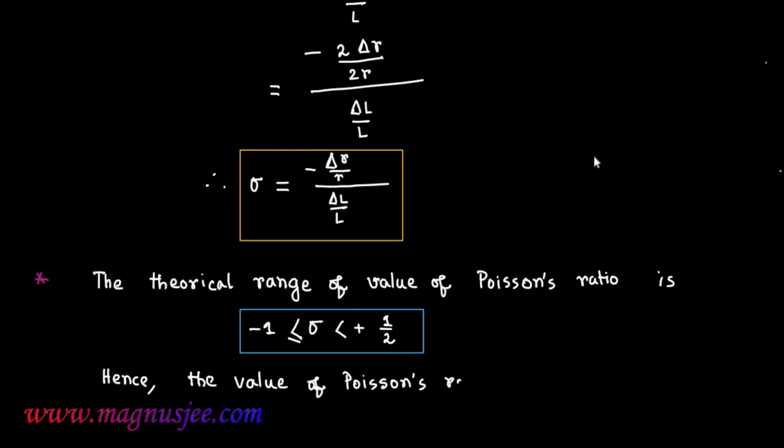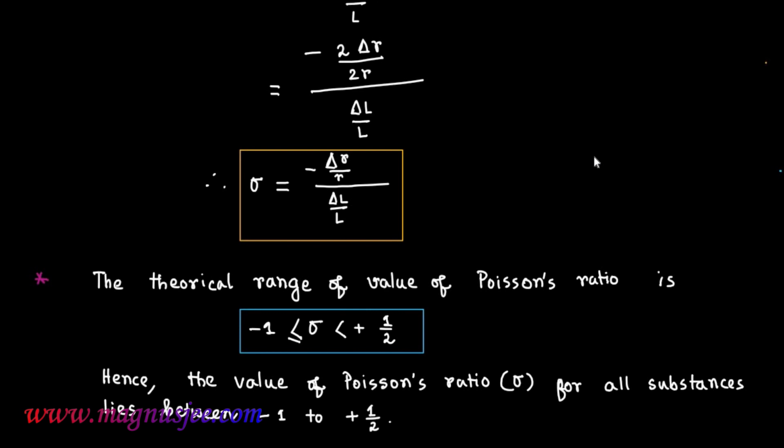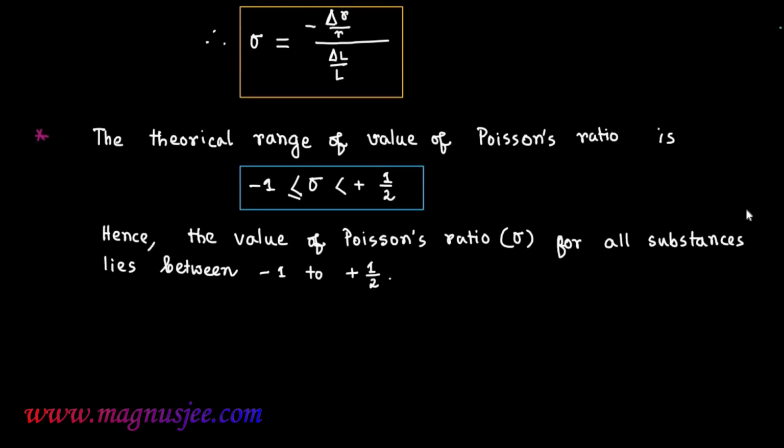Hence, the value of Poisson's ratio sigma for all the substances lies between minus 1 to plus half. Therefore, sigma min equal minus 1 and sigma max equal plus half. Minus 1 less than or equal to sigma less than or equal to plus half is the theoretical range of value of Poisson's ratio,